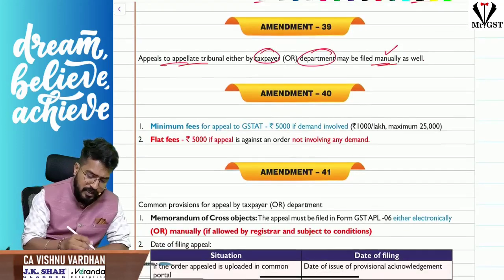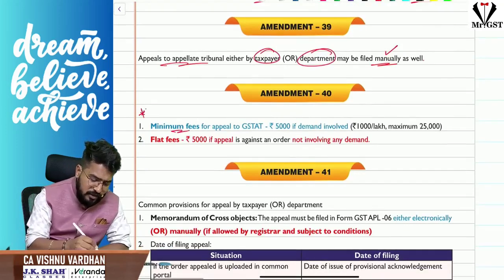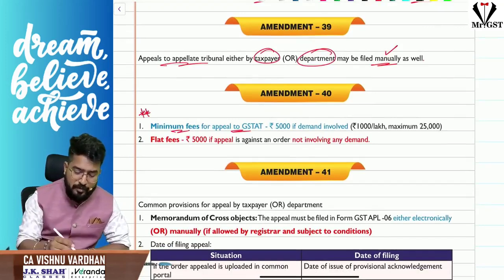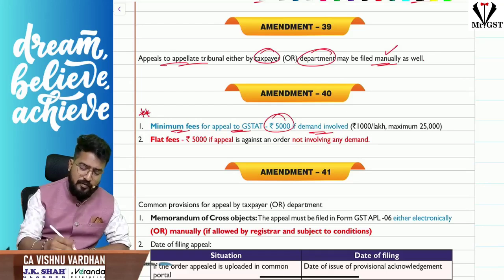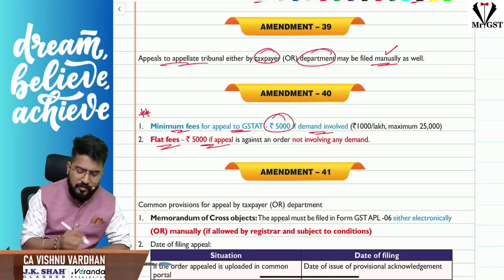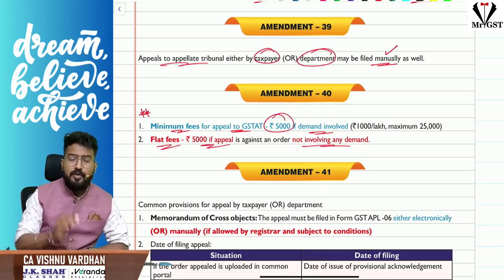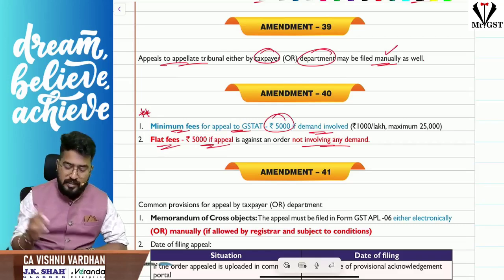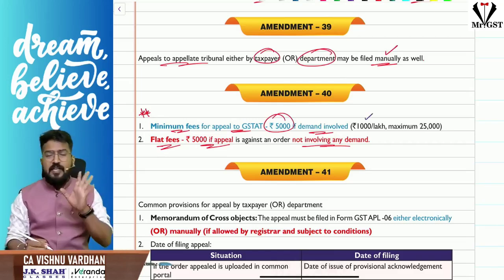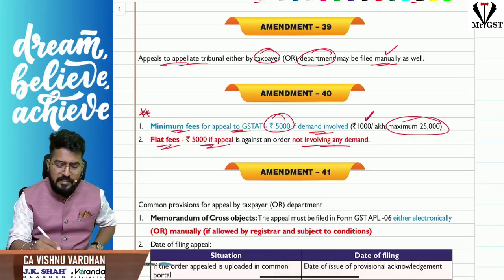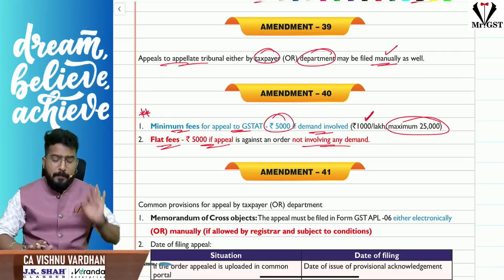Next, sir, the minimum fees, a very important one. So the minimum fees for appeal under GST with the GST appellate tribunal will be 5,000, if there is any demand of tax, etc., involved. Sir, if there is no demand involved, flat 5,000 is the fees. If demand is involved for any tax or interest, all the stuff, 1,000 rupees for every lakh of the amount involved, maximum 25,000, very important, but minimum